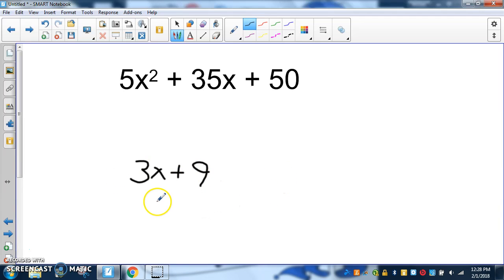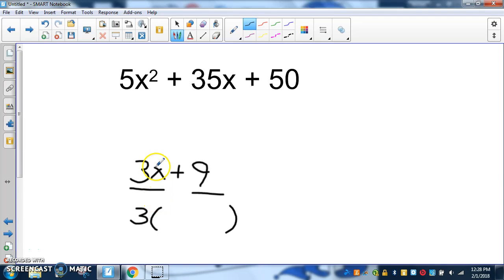There's a nice binomial. All I do is look at my two terms and determine what divides evenly into these, and I'm looking for the highest thing that does that. In this case, they don't share a variable, so I'm just going to get a number GCF, and the largest number that goes into both 3 and 9 is 3 itself. So I do that, and then I kind of